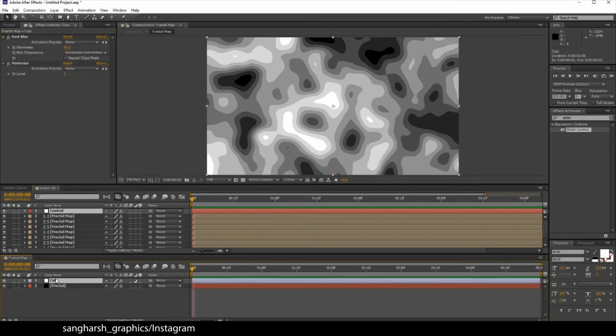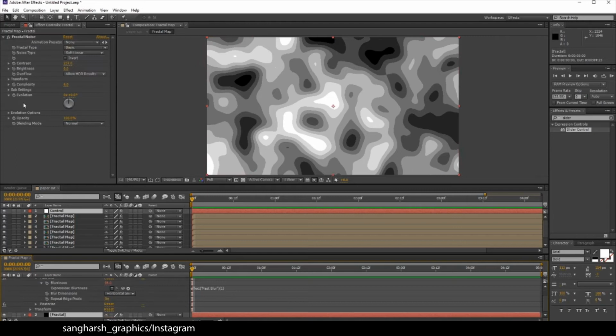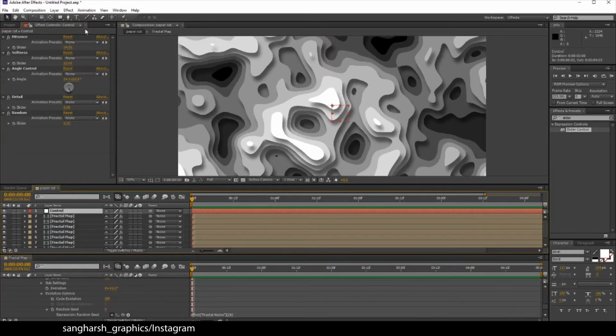Now select the cut, hold alt and add a keyframe on blurriness. Same for the fractal also. Go to the evolution option, hold alt and add a keyframe on random seed. Now select the control here,